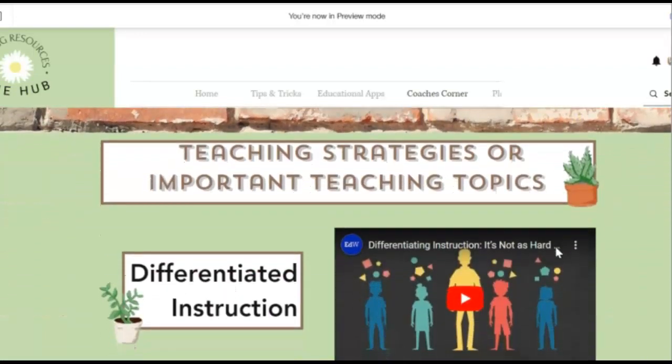And then lastly, on this tab, this is where everything as far as teaching strategies or just important topics that might be good to look into will be housed. And so teachers can go on here and learn a little bit more about certain things within the field of education. Also in the Coaches Corner, we have several options